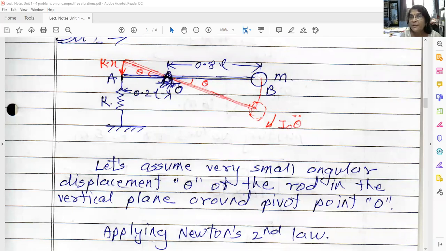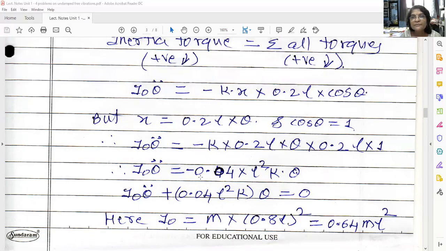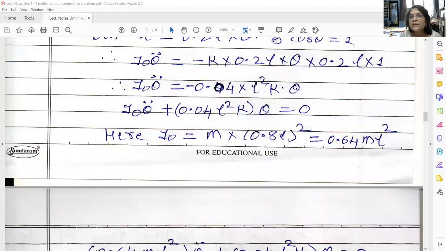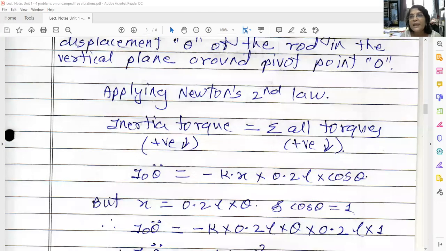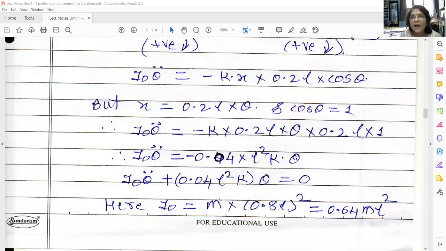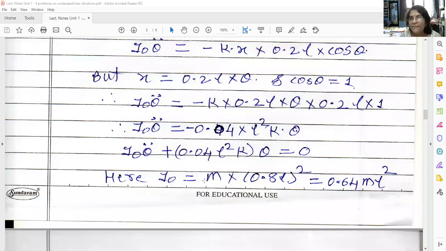So, what is the mass moment of inertia of a simple pendulum about the pivoted point? It is m L square by 12. Okay, so here also, see this I, there is the value of I. So Io is equal to, sorry, not m L square by 12, it is simply m L square. So this is m, and what is this L? This is 0.8 L. So Io is equal to m into 0.8 L bracket square. Okay, so putting the value of Io here, Io is equal to m L square, means L is here 0.8 L. So Io is equal to 0.64 m L square.